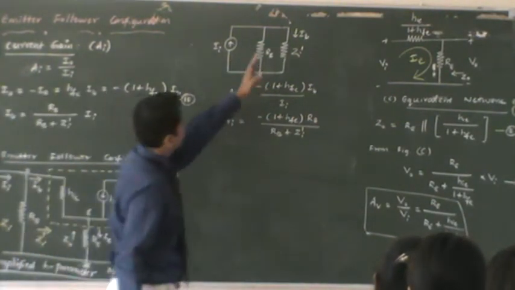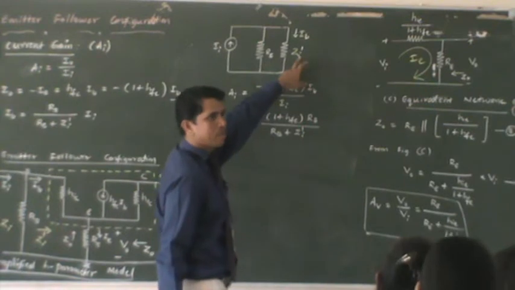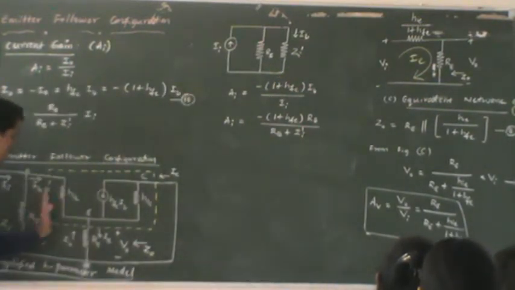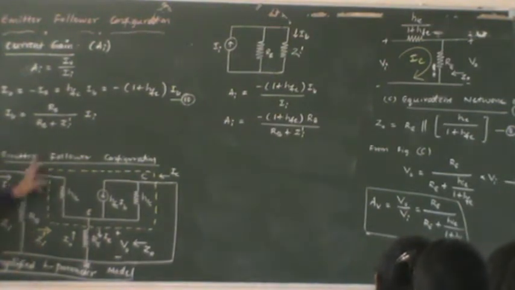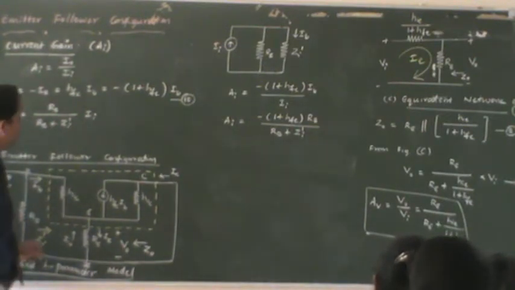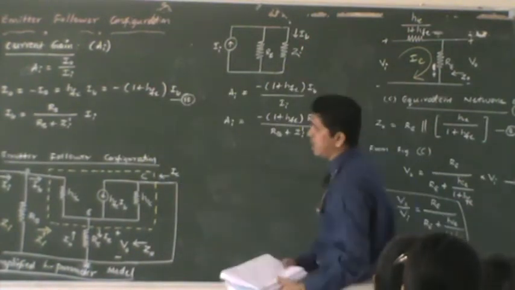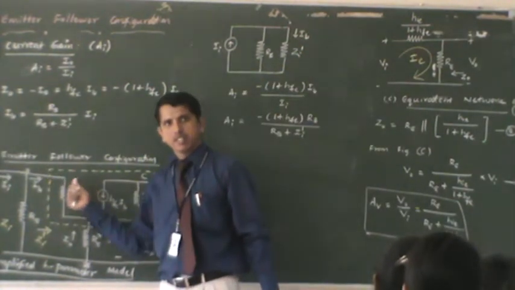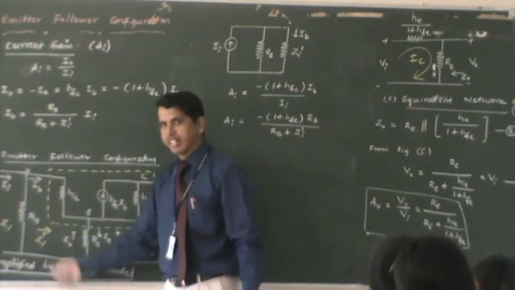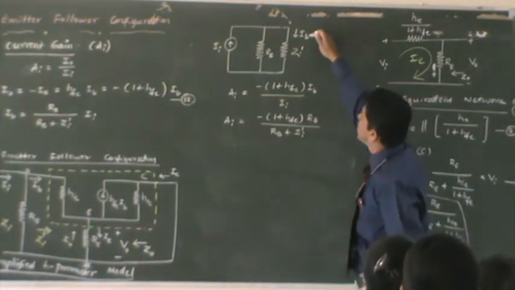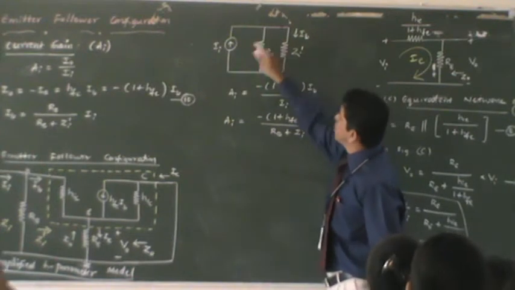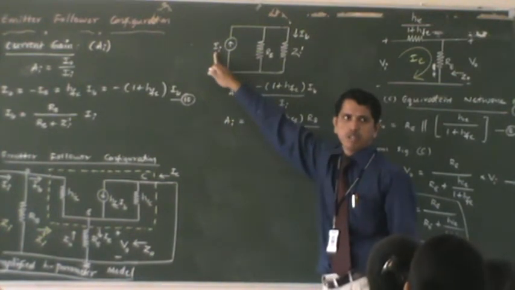And also look that the rest of the circuit will be replaced with the Zi dash. Whatever the circuit equivalent from here onwards, we indicate with Zi dash. So that means the input section becomes current source II, RB in parallel with Zi dash. And the current flowing through the Zi dash, which you can see is IB. Look at this current flowing into the transistor, which is nothing but the current through Zi dash, which is IB. Based on this, you can obtain IB in terms of II using the current division rule.